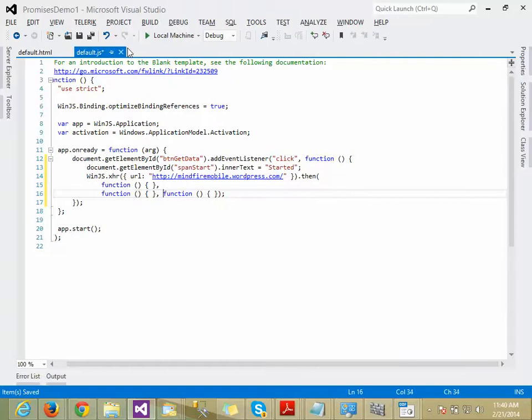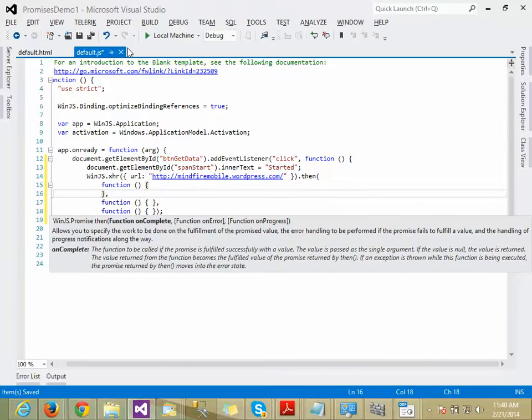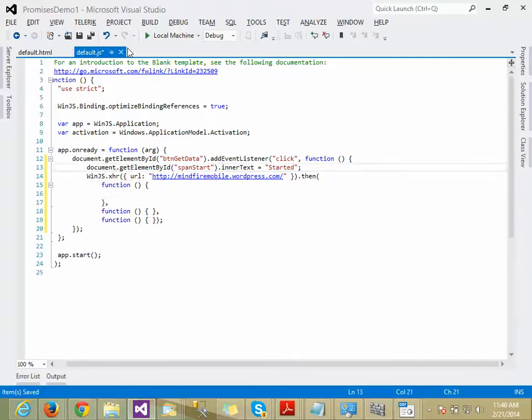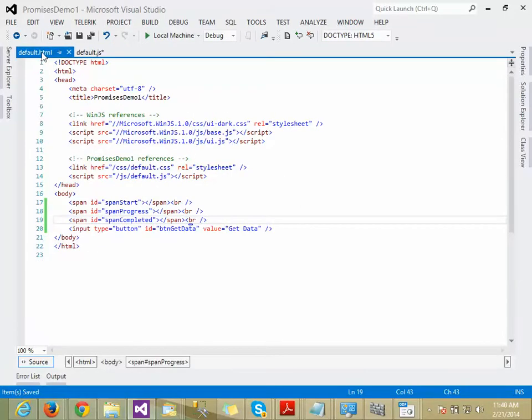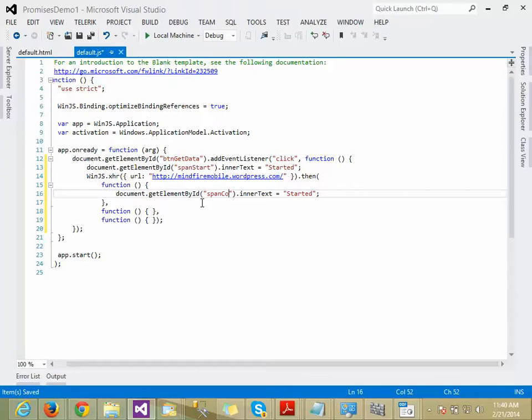Just to arrange it. The first one is complete. So what we are going to do, we'll use span completed.